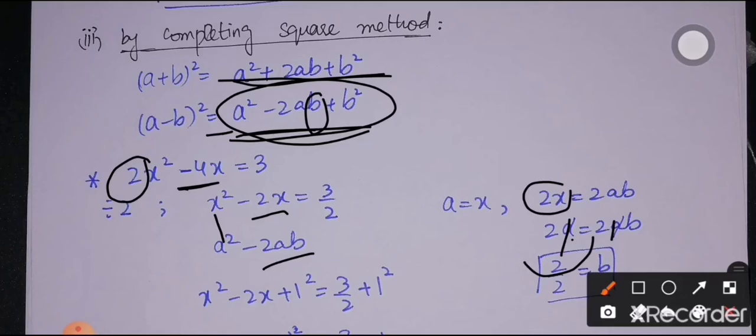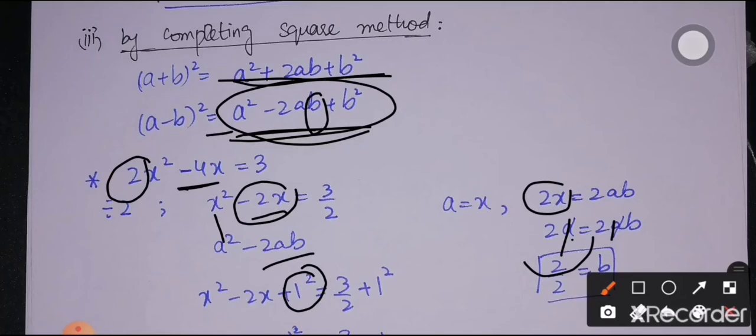We have to divide the coefficient of x by 2. This is by formula, not by any reason that we have a 2 over here. We just have to divide the coefficient of x by 2 in order to get the value of b. So the value of b is 1. I am going to add the square of b on both sides because we needed b square over here, but we cannot add a term on only one side. Either we add and subtract on the same side, or we add it on both sides, so that our equation is balanced.